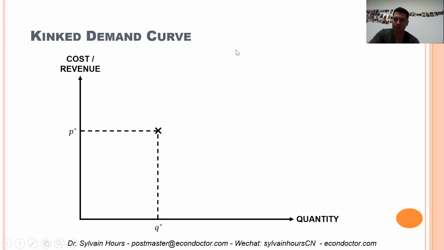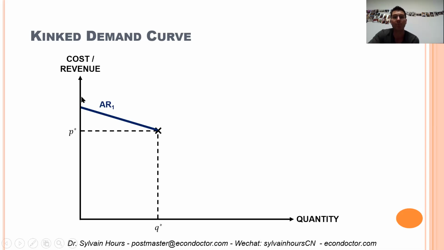Above P star, I believe that I face a demand that is relatively price elastic, because if I raise the price above P star, I will be the only one raising the price. So my product will be more expensive than all my rivals, and therefore I will lose many customers. So I expect that my demand, AR1, is my average revenue, which is my demand curve, above P1 is relatively